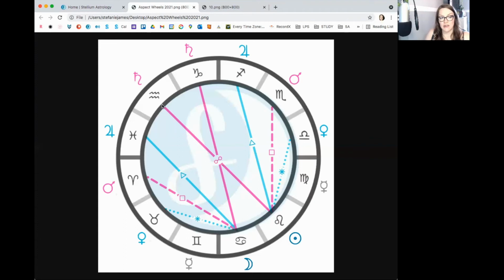Now the opposition has many different expressions, like I've described. You can have a seesaw, it can be a bit of a tug of war with somebody else. It can be an incredibly challenging aspect. And I suppose the way we can look at Saturn sitting here, and in turn, if we're looking at the lunar luminary ruled sign of Cancer and going opposite 180 degrees to Capricorn, which is a Saturn ruled sign as well, we have a sense of Saturn being the authority.